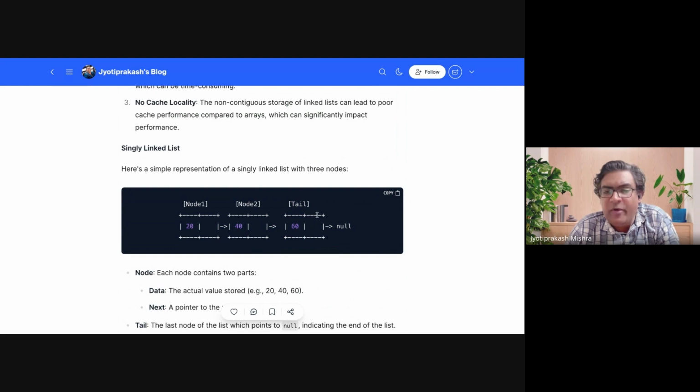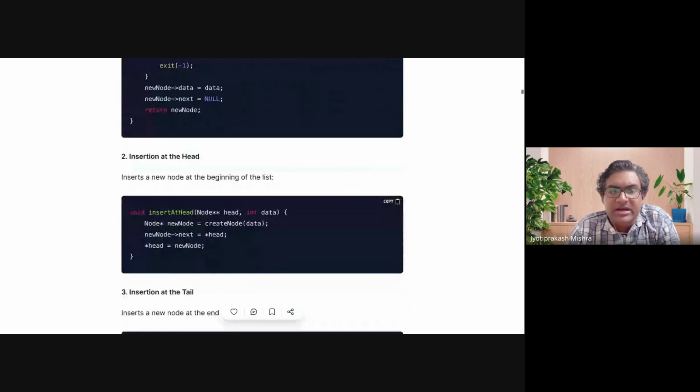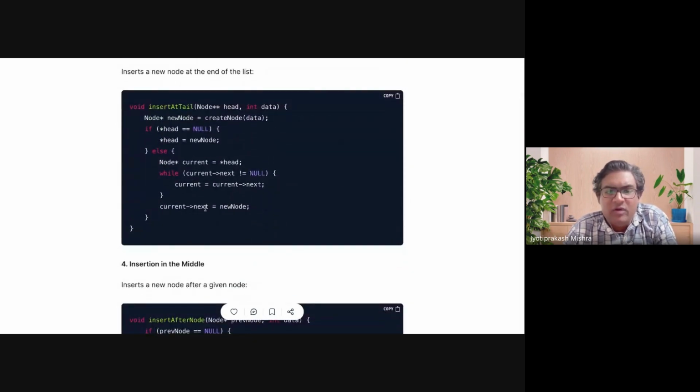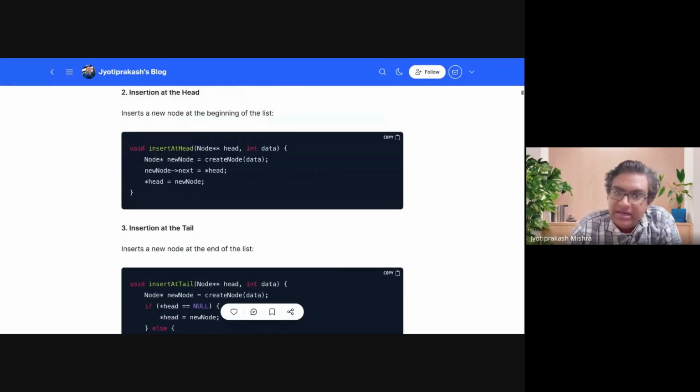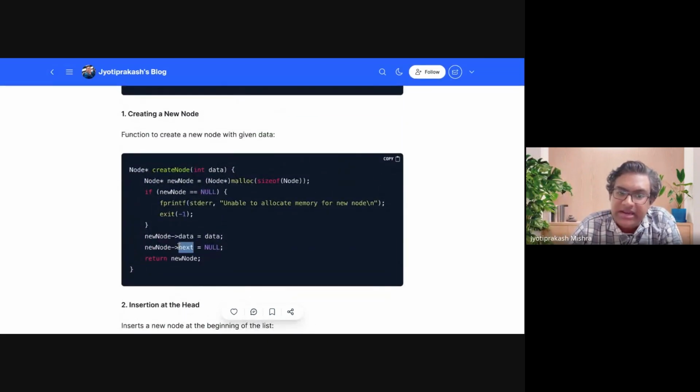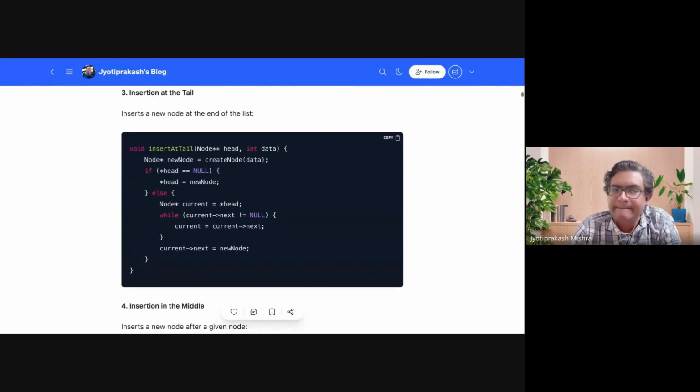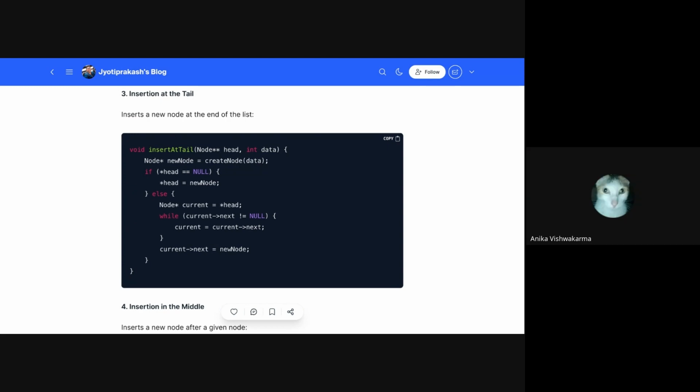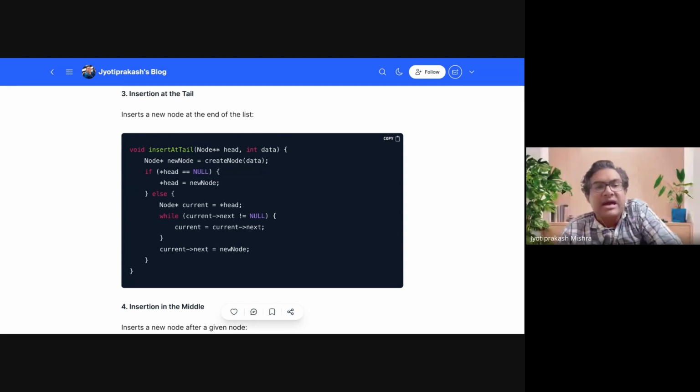तो अगर हम टेल पे आ गए तो हमारा करंट कहां पे पॉइंट करता है? टेल पे। करंट विल बी पॉइंटिंग टू टेल। सो व्हेन द करंट इज पॉइंटिंग टू टेल, व्हाट वी विल डू, करंट के नेक्स्ट को हम न्यू नोड करते हैं। अभी वो टेल को पॉइंट नहीं करेगा, अभी वो नए नोड को पॉइंट करेगा, और नया नोड पॉइंट कर रहा है नल को हमेशा। जब क्रिएट नोड करते हैं ना हम, तो उसके नेक्स्ट को हम नल पे पॉइंट कराते ही है, तो वो अभी नया टेल बन जाएगा और ये अभी टेल नहीं रहेगा। ये समझ में है सबको? Yes, sir. चलो मैं यहाँ पे अब इसको स्टॉप कर रहा हूँ।